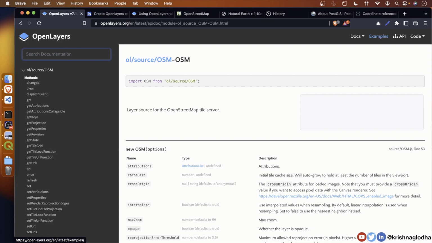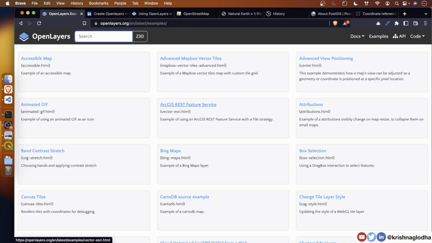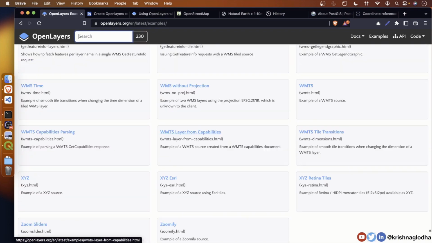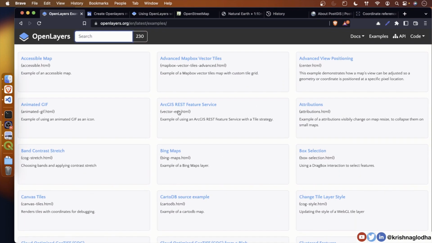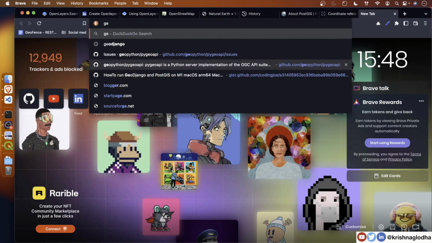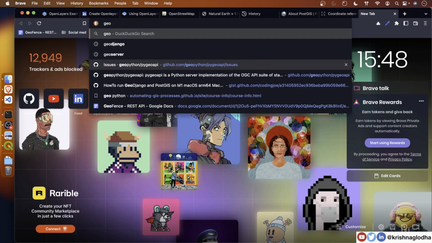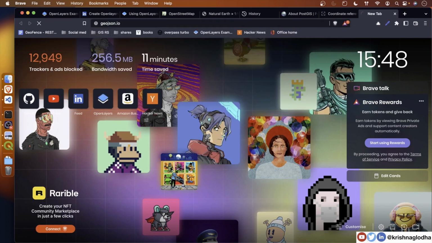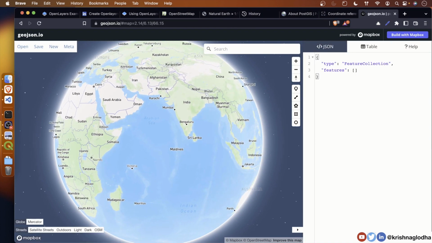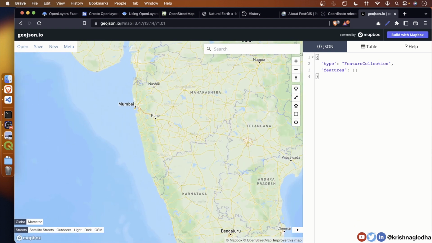Another thing that I would like you to always visit is the examples page. OpenLayers has more than 230 examples available and these are pretty useful for every type of problem that you are going to face. For example, if we generally work with some sort of APIs, chances are pretty high that we will get our data in a GeoJSON format. GeoJSON is like a JSON, but the format is created in such a way that it can be read by any GIS software, and the software will understand